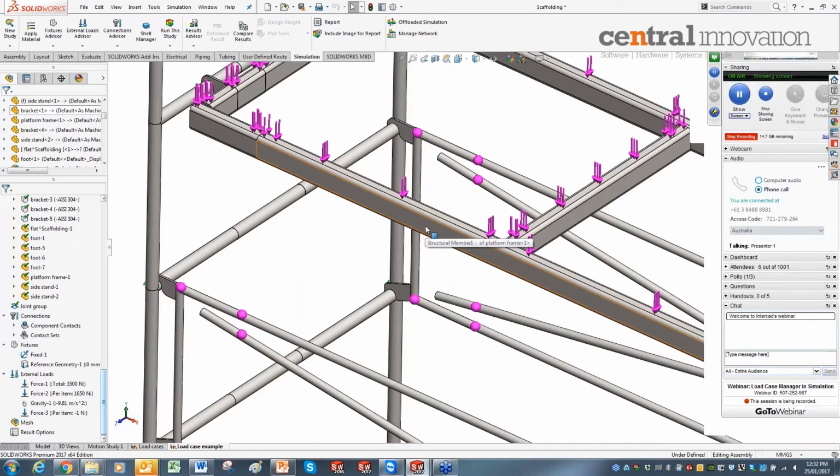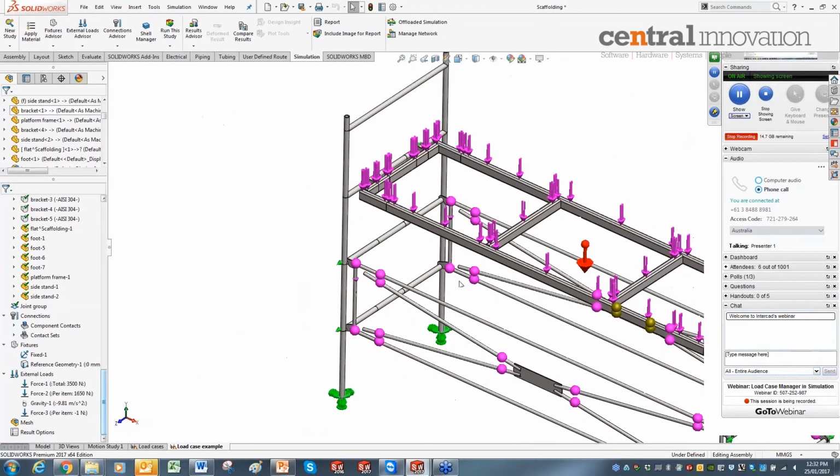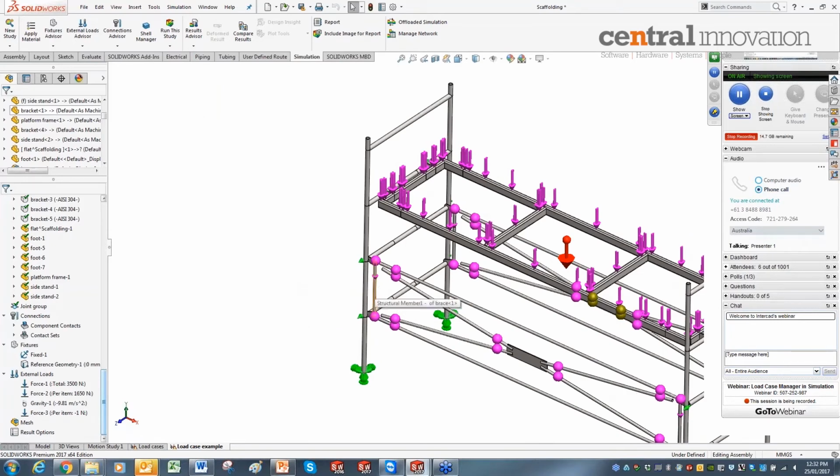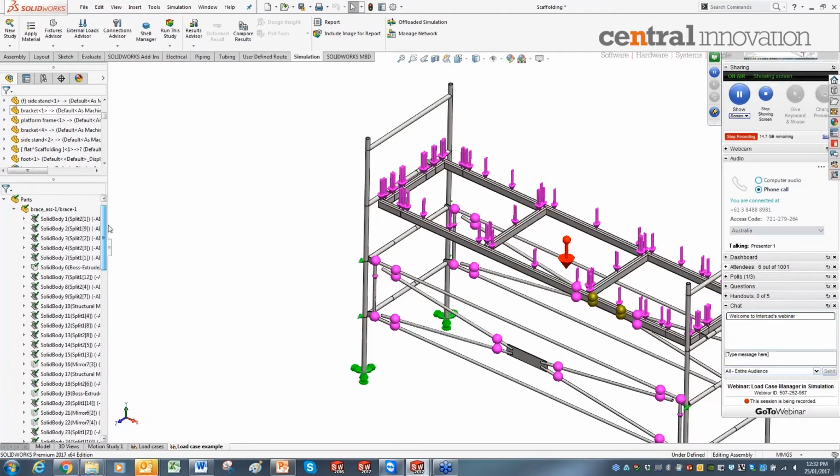I have to refine the mesh. I need to apply mesh control. And also for these small vertical tubes, I have to apply mesh control. I need to increase the number of elements for those beams, which I have already done, so I'm going to show that later. Okay, after you define the fixture definition, loading definition, context sets, and mesh, you can create your load case